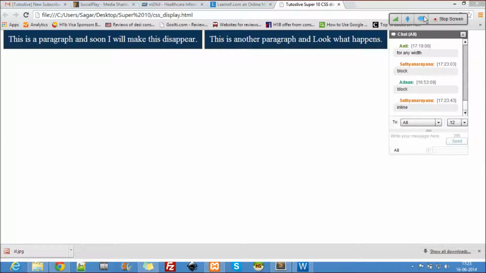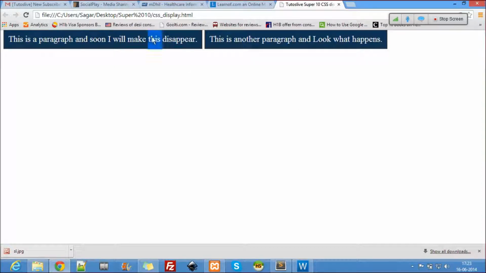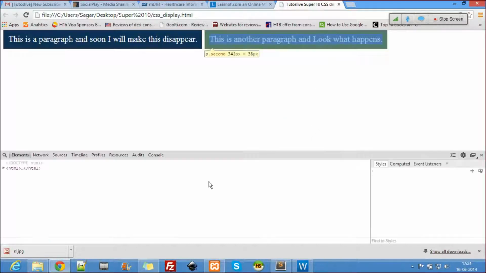Now there's a small glitch in this. What is the width of this? What width did I give here? Width equal to 40%, right? And this should be the same, right? I have given width equal to 40%. So let's just inspect this.